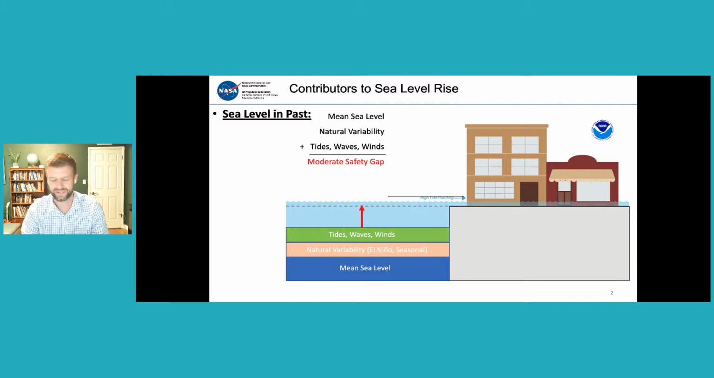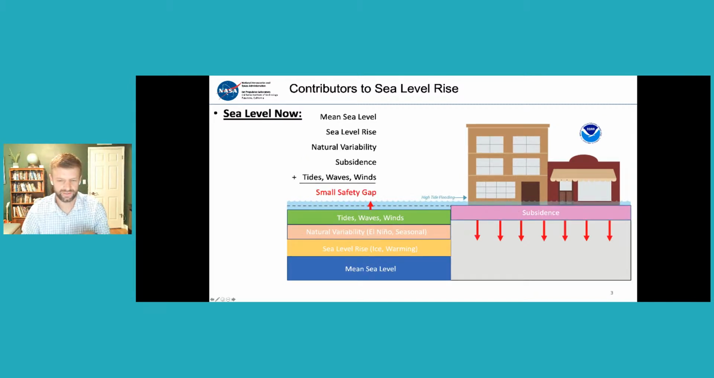Only in really extreme cases would you have flooding. The difference now is that this foundation is increased. So now in yellow there at the bottom, we have mean sea level plus sea level rise associated with climate change and global warming. So this safety gap, which was previously really big, is now very small. So all these different natural processes that happened in the past that didn't cause flooding now become a